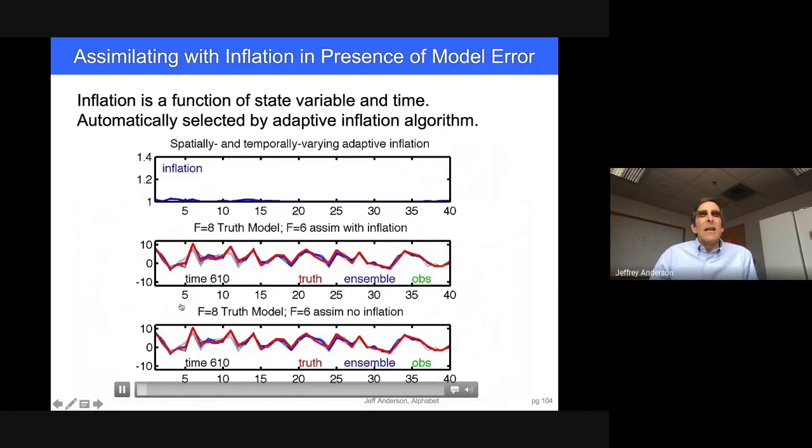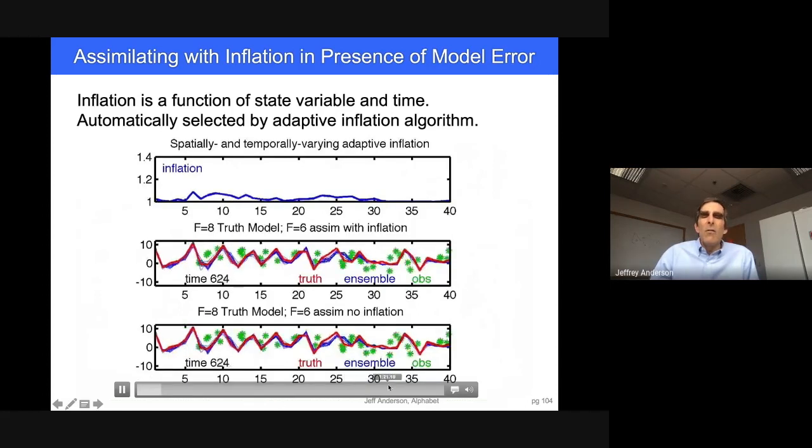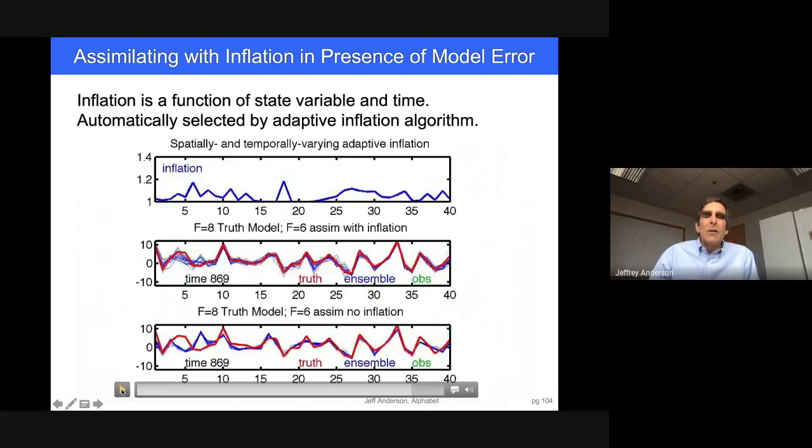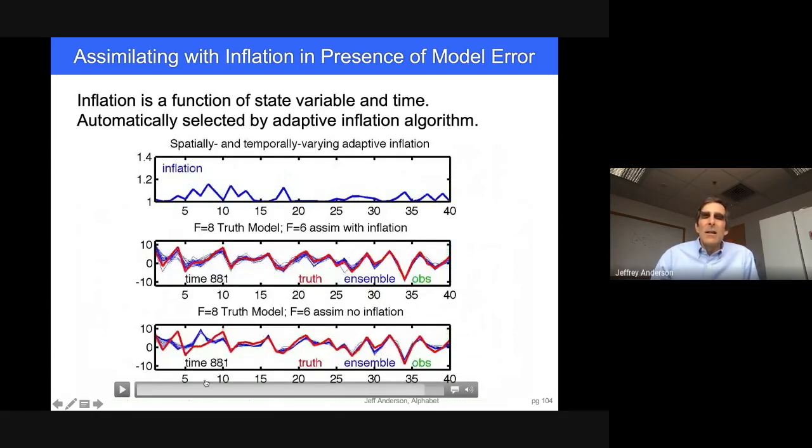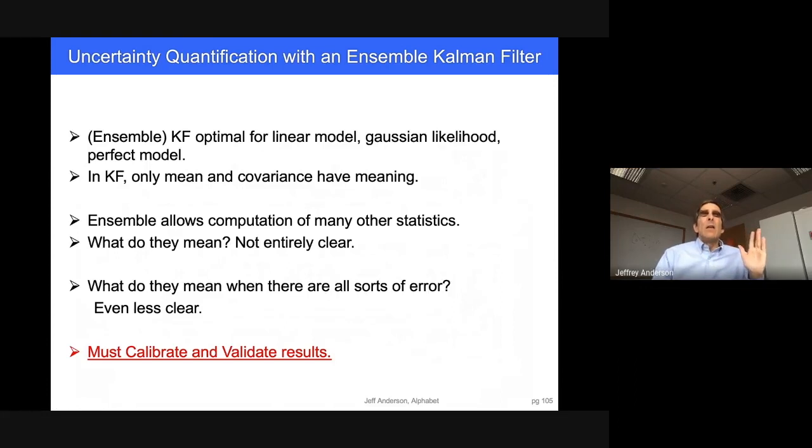And it turns out that despite the simplicity of this heuristic extension, it's incredibly powerful and has turned out to be able to deal with extreme model error. Again, I'm just showing you here. You can see cases without inflation. I've simulated model error here, and the bottom one shows you that sometimes things diverge again, so the estimate is terrible. But if you include these inflation techniques, which are, again, automatic, they can solve for these problems. So I'm going to go into a summary of what these methods can do now,